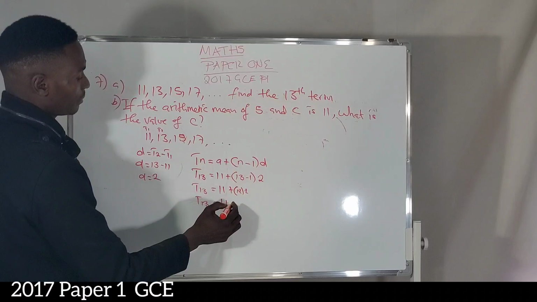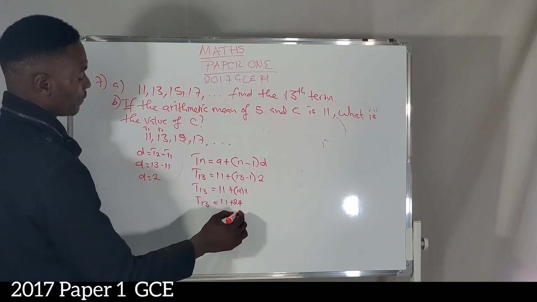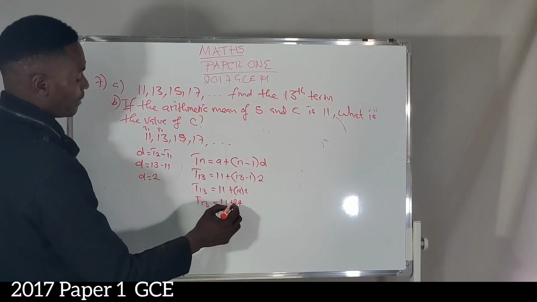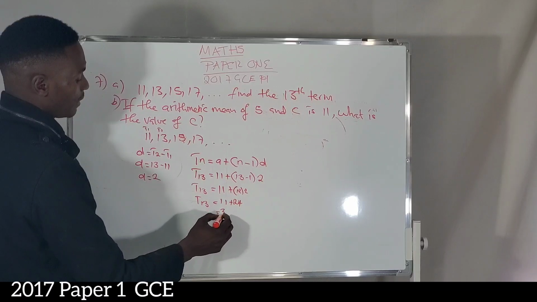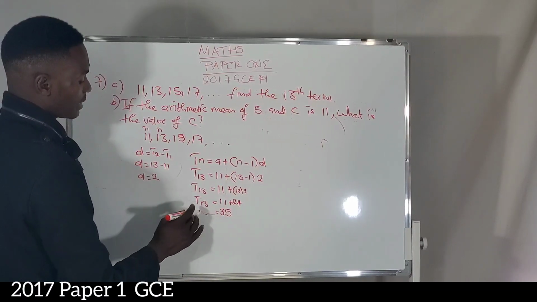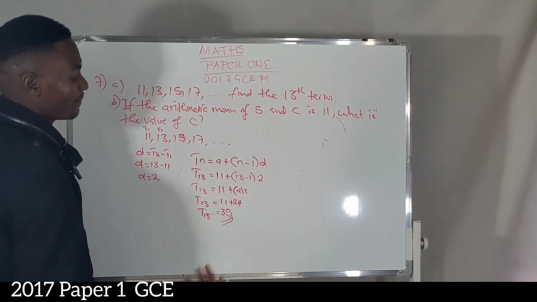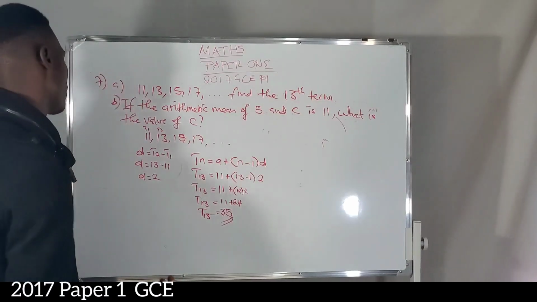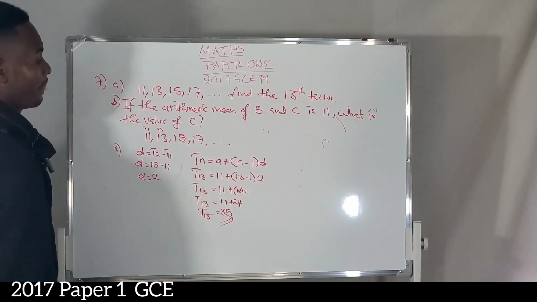So I have 11 plus 24. 11 plus 24 is giving me 35. All right, it's giving me 35 as the 13th term. 35 is the 13th term according to this formula. Then